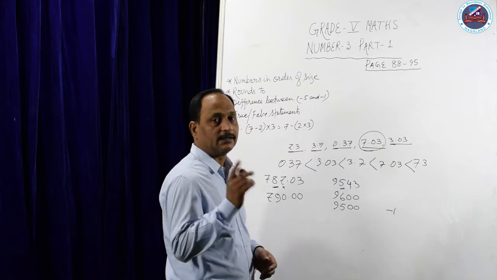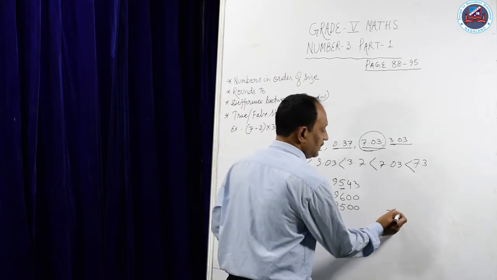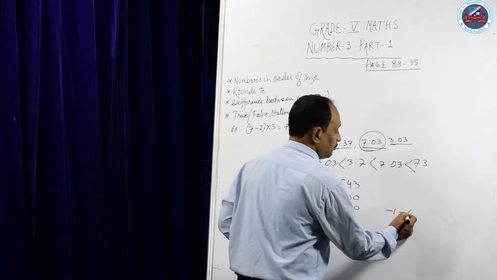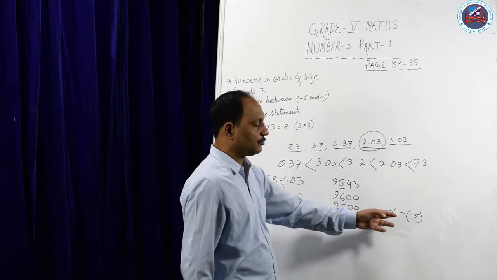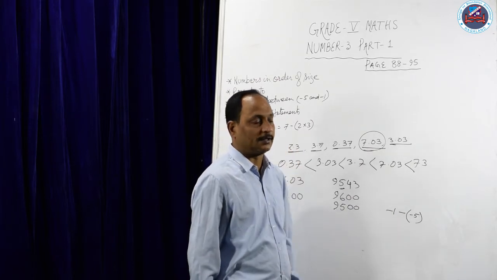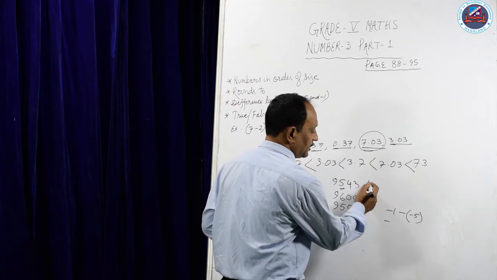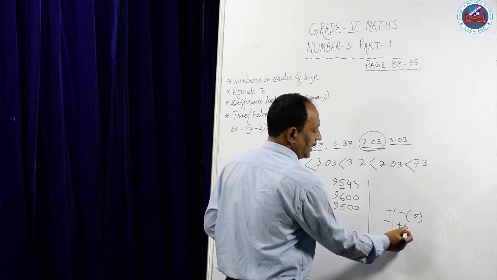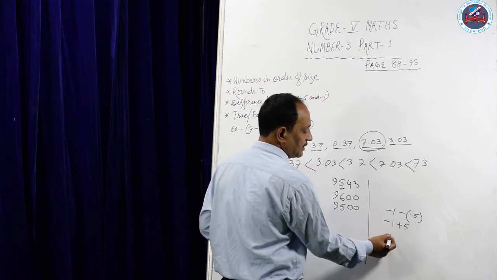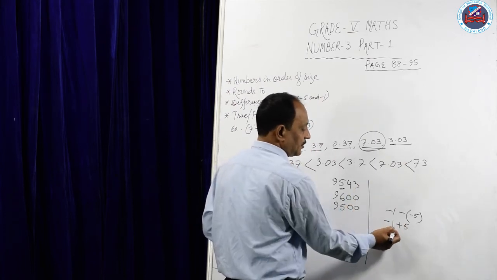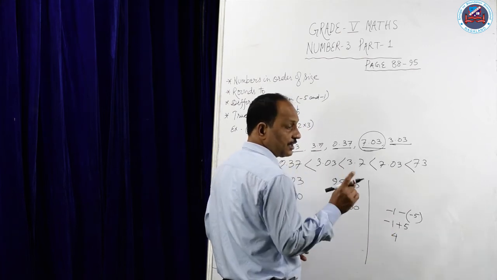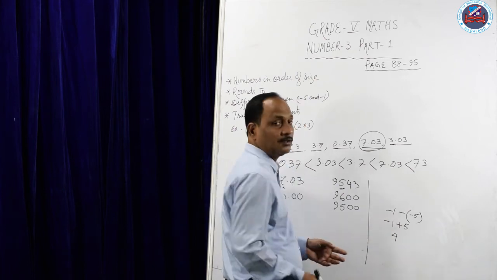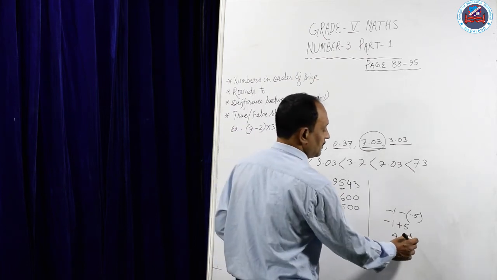And we are going to find the difference. Difference means we put one more minus sign here, and this number is minus 5, so we put it in a bracket. Why? Because two signs we cannot put together. So what will be the sum here? Minus 1, minus minus will become plus 5. Now minus plus is minus, so 5 minus 1 is 4. Which is greater? 5 is greater, and 5 has a plus sign, so it will be plus. We don't have to show the plus, so this will be the answer.